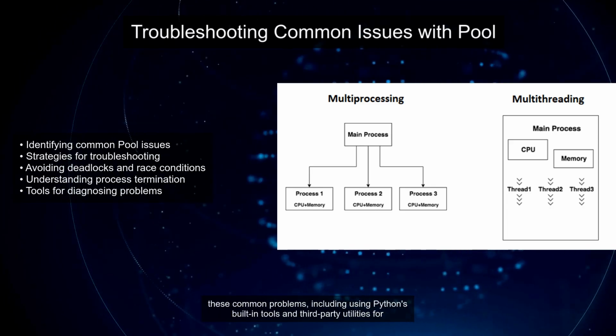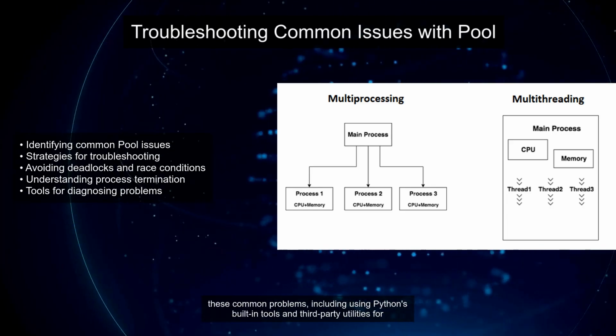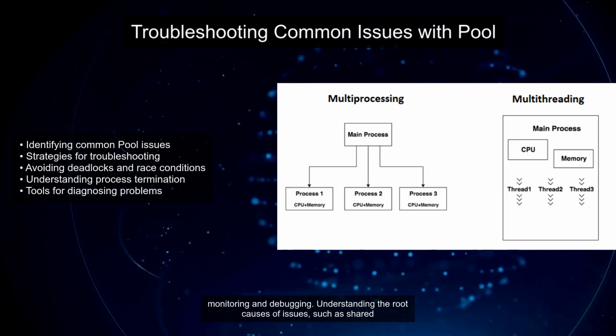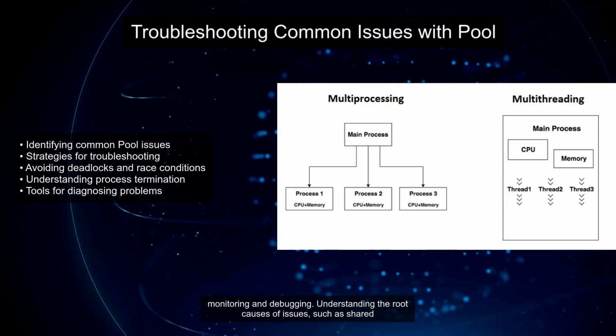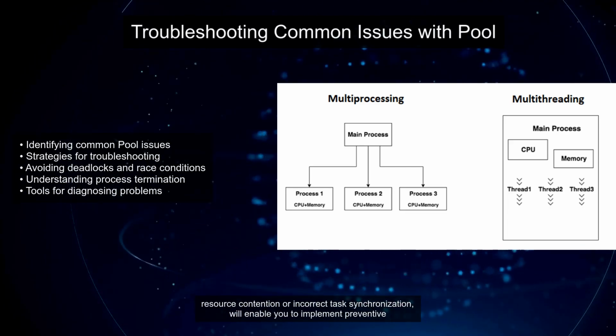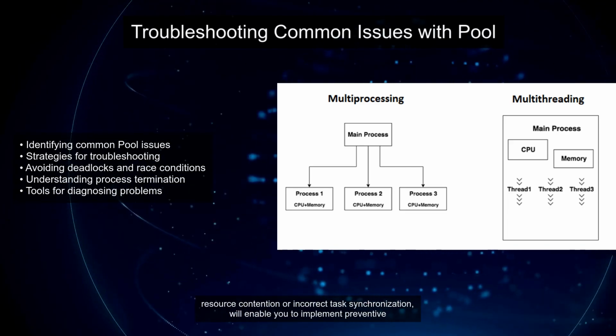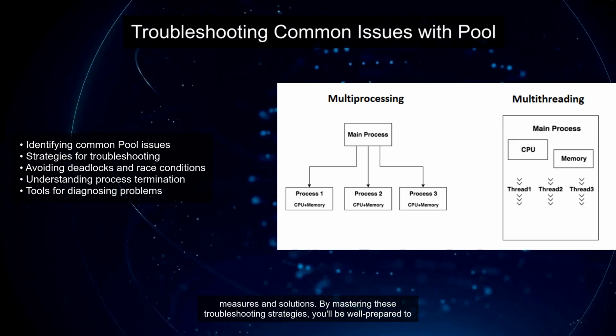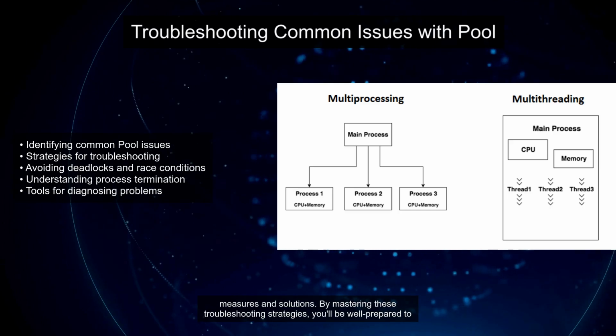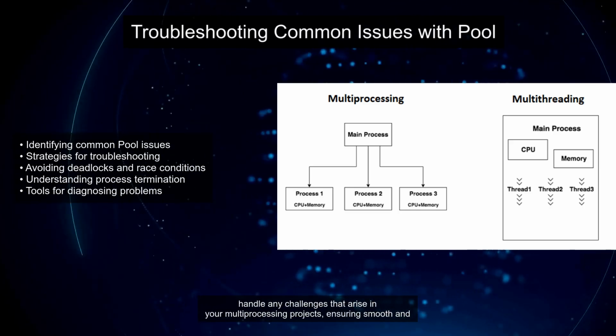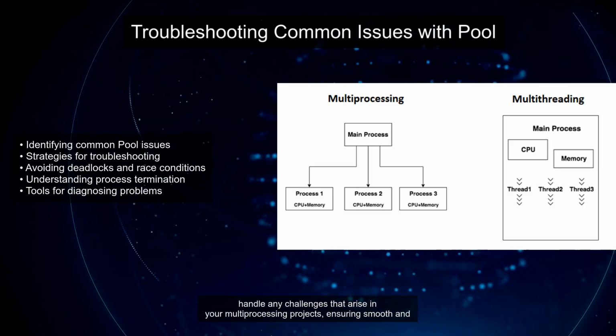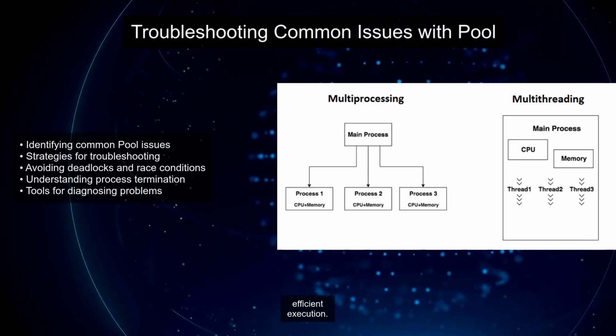We'll explore techniques for diagnosing and resolving these common problems, including using Python's built-in tools and third-party utilities for monitoring and debugging. Understanding the root causes of issues, such as shared resource contention or incorrect task synchronization, will enable you to implement preventive measures and solutions. By mastering these troubleshooting strategies, you'll be well prepared to handle any challenges that arise in your multiprocessing projects, ensuring